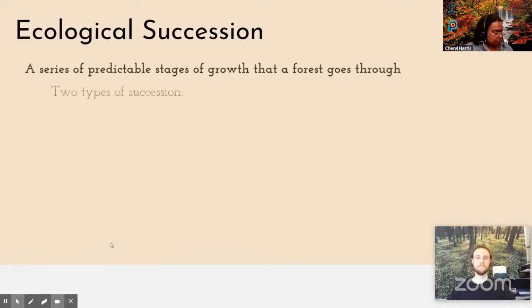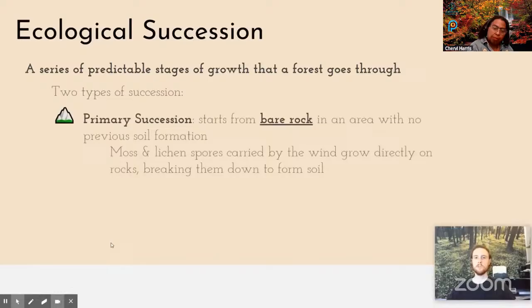There's two different types, and the first type is referred to as primary succession. In primary succession, the area has only bare exposed rock, so there's no previously formed soil. The process involves moss and lichen, which are species that have their seeds or their spores dispersed by the wind. So the wind carries in those seeds, and moss and lichen are actually uniquely adapted to grow directly on rocks. They're able to break the rocks down by secreting acids, which releases the nutrients that they need to